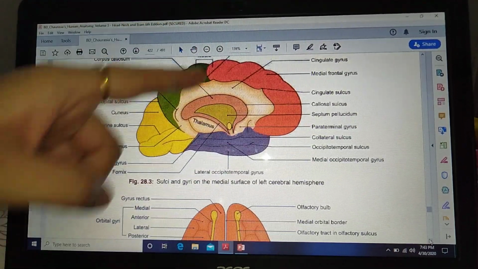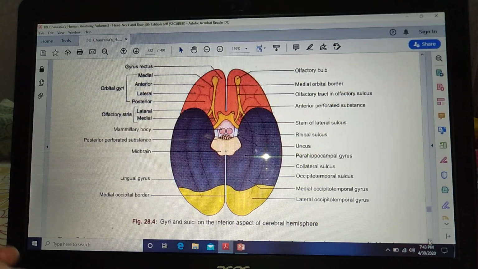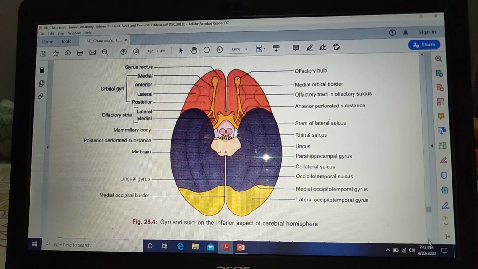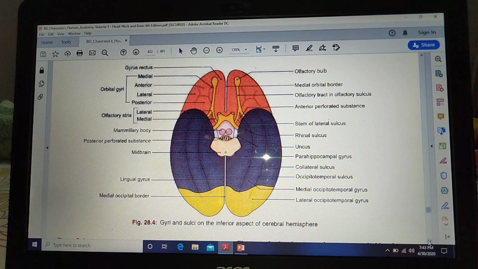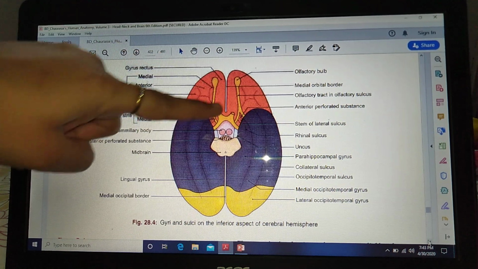This is the medial surface and this is the inferior surface, right? This is a diagram of the inferior surface. The inferior surface is very irregular and it is divided into an anterior part, the orbital part, here you can see